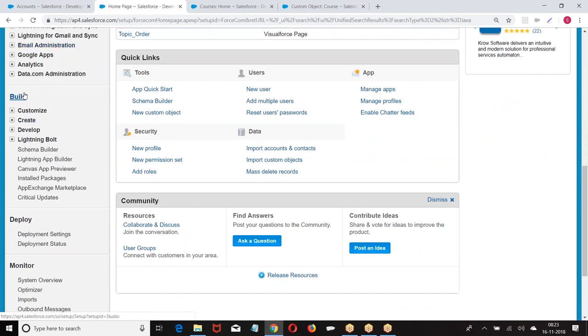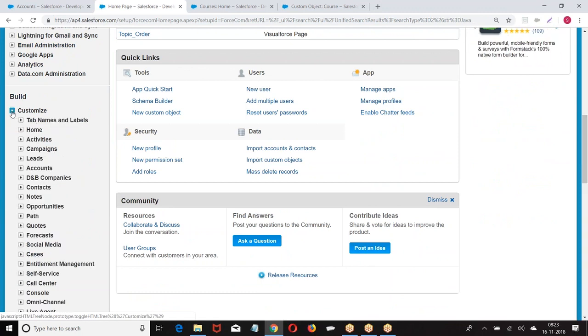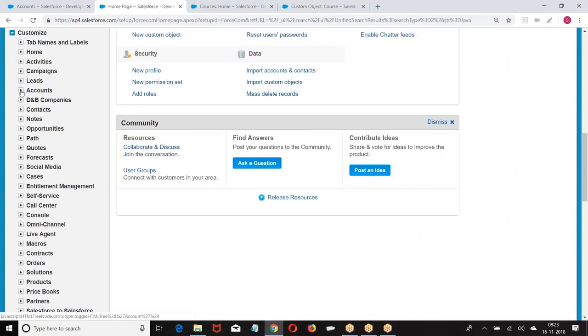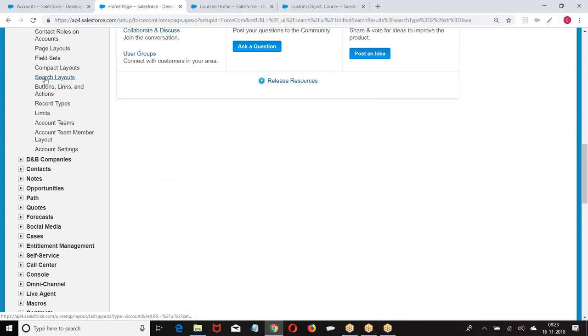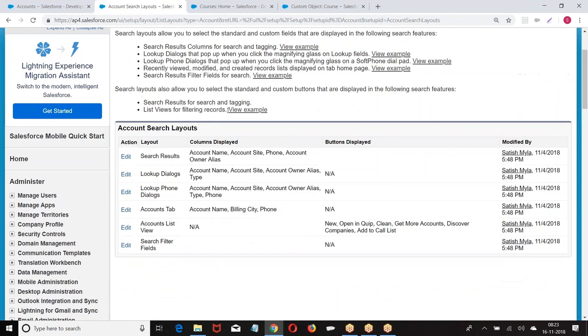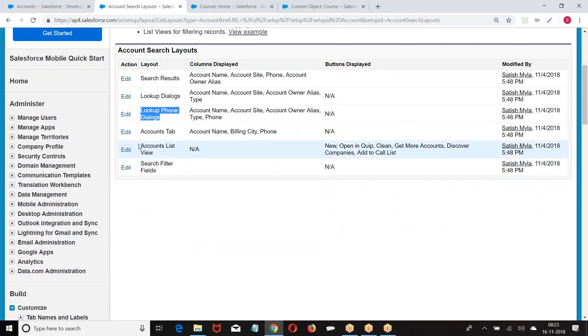Build, customize, accounts, we have search layout. In the search layout, we have seen search result and lookup dialogs. Lookup phone dialog means how they should be displayed if you open it on a mobile phone. Then we have account list.